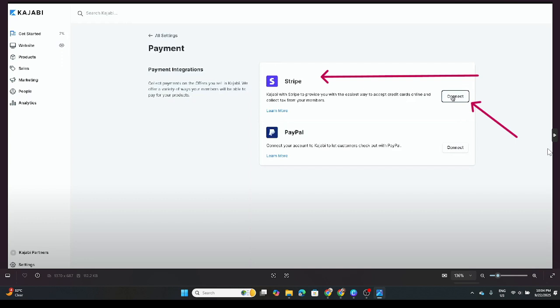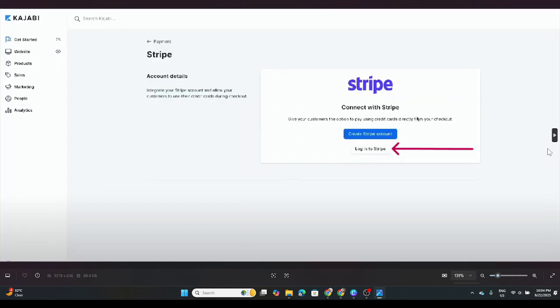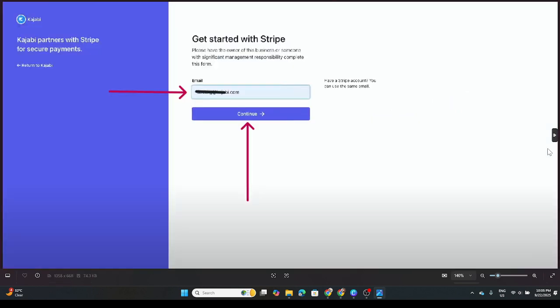After clicking Connect, you'll be prompted to log into your Stripe account. If you're already a Stripe user, this step is quite simple. Click on Login to Stripe, which will redirect you to the Stripe login page. Here, go ahead and type in your email address. If you have multiple emails, make sure you're using the one linked to your Stripe account to avoid any issues